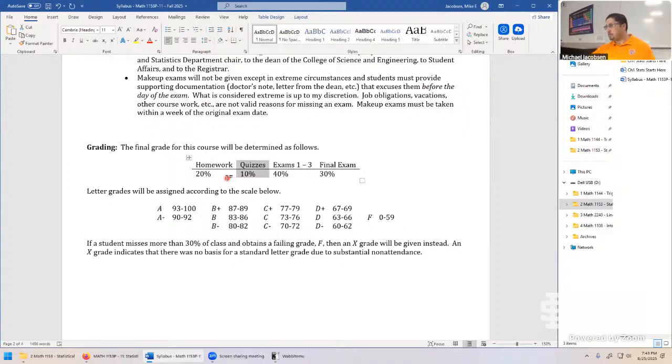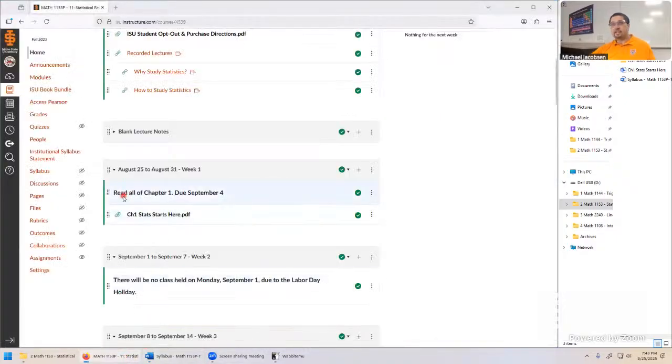Okay, so this is kind of the way the philosophy of this course is designed. We do the reading. It's a good idea to do the reading before you come to class, but I realize this is a night class. It may be hard to get to the reading right before class, but anything you could do to get into that textbook, even if you just skimmed it a bit, is always going to make a big impact.